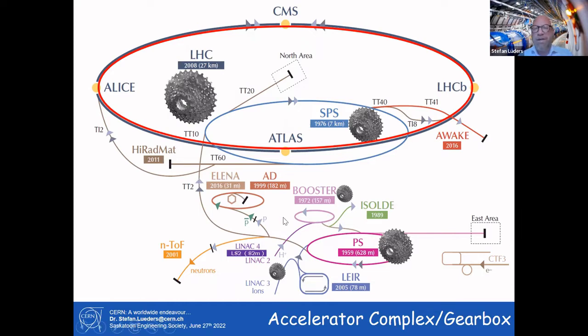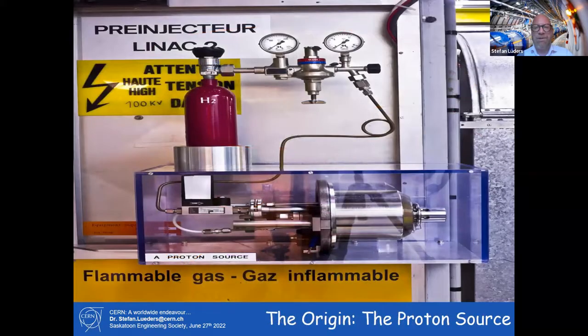Then they're getting into the booster. I hope you can see my mouse pointer here. Going into booster, they'll be at 90% of speed of light. The proton synchrotron, 99% of speed of light. Then it's getting into the SPS, and now we're talking about energy. This is something like 450 GeV, whatever that means, and later on in the LHC. So it's a 5-stage approach. The same with your car. I think you never manage to start your car in the 5th gear and speed it up to maximum speed. You need to have your gearbox and go to the 1st gear. So this is where the origin is.